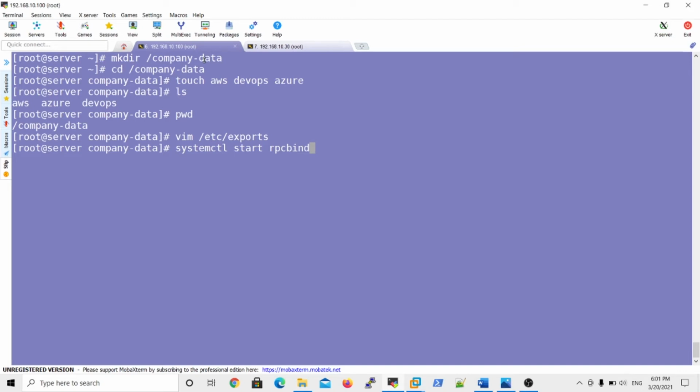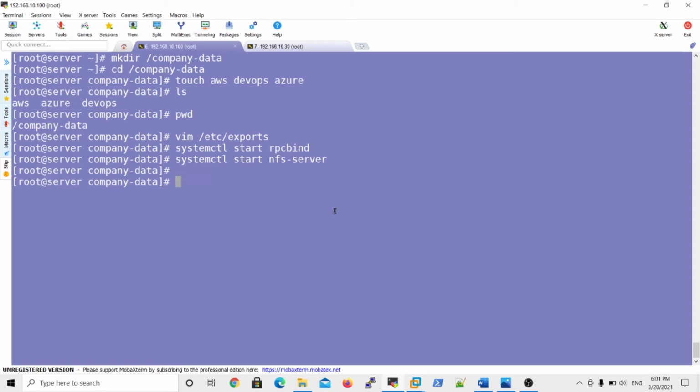So first start the rpcbind service, then start the NFS server package. Now two services are started in the back end: systemctl start rpcbind and systemctl start nfs-server.